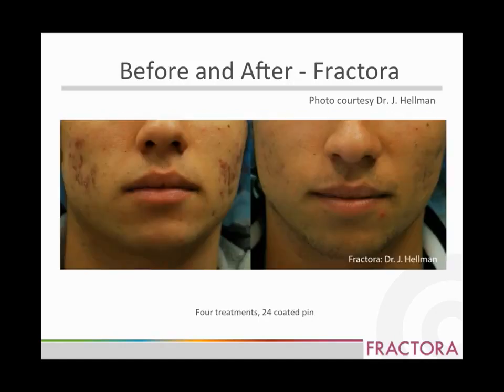Last but not least, I'd like to show you one more patient of mine. This is a young man who had terrible cystic, inflammatory cystic acne. He started out a few years ago with the pulsed dye laser, only completed 2 treatments, disappeared from sight, and came back a few years later, recently, with horrible cystic, scarring, inflammatory acne. So this is this patient before and after 4 treatments,